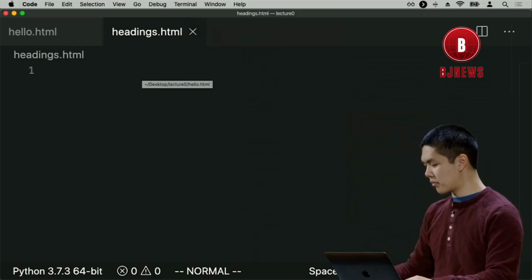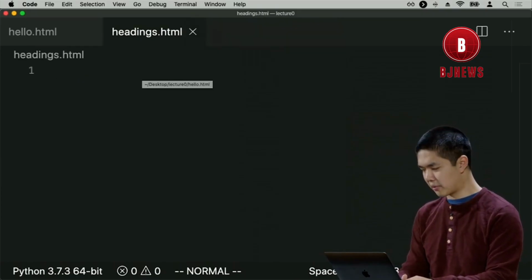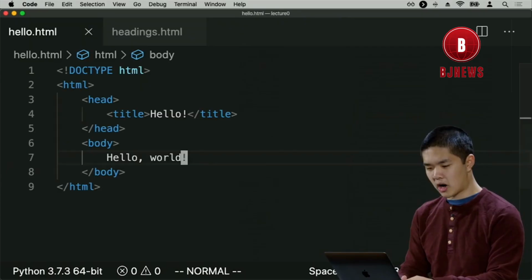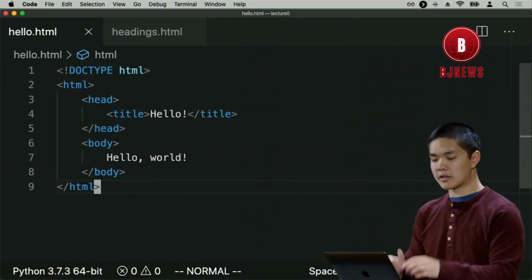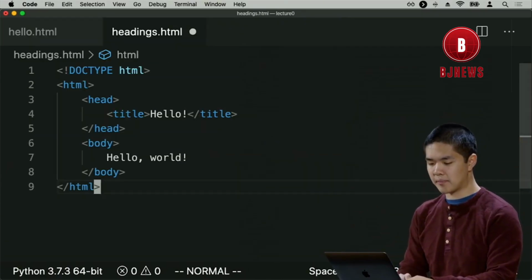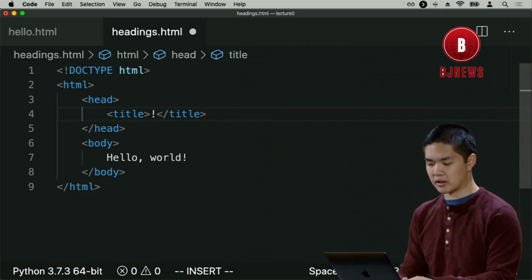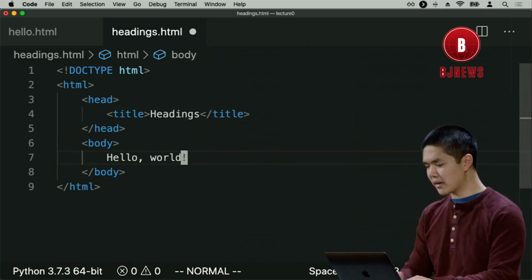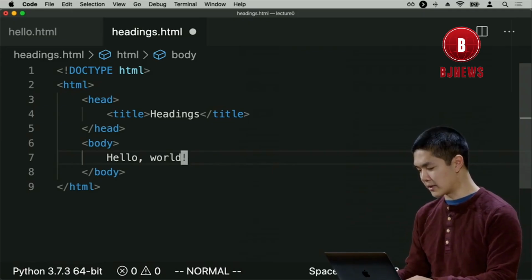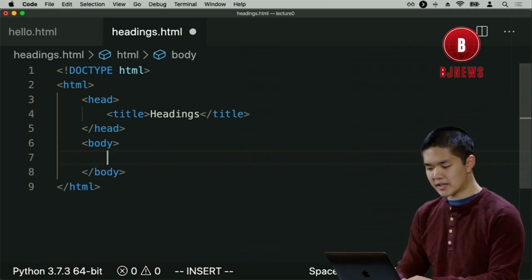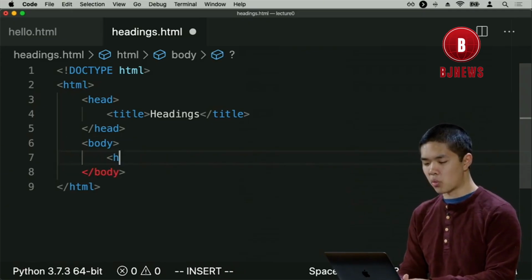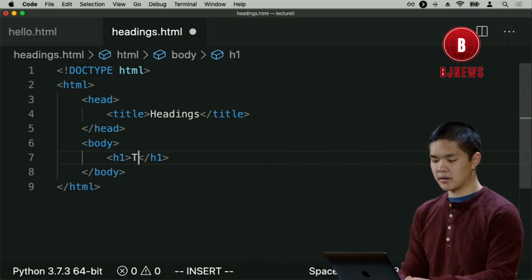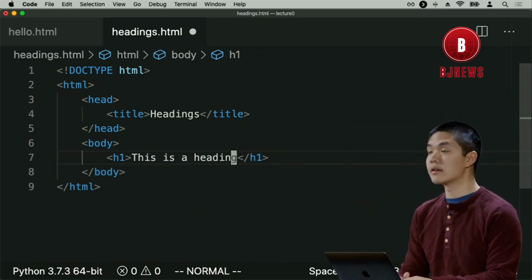And the structure of this page is going to be pretty similar to the pages that we've seen before already. So I'm going to start by just using the hello.html text and paste it in here. I'll change the title of the page. Instead of hello, we'll go ahead and call it headings. But inside the body of this page now, I want something a little bit different. I'm going to, inside the body of the page, use an h1 element and say this is a heading, for